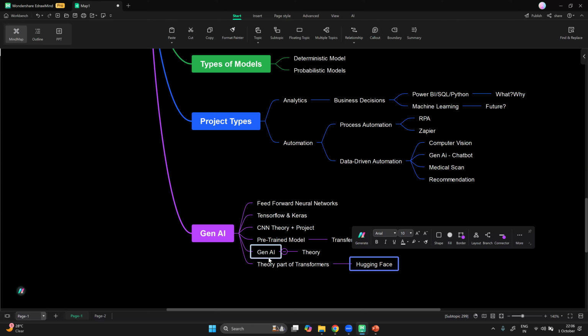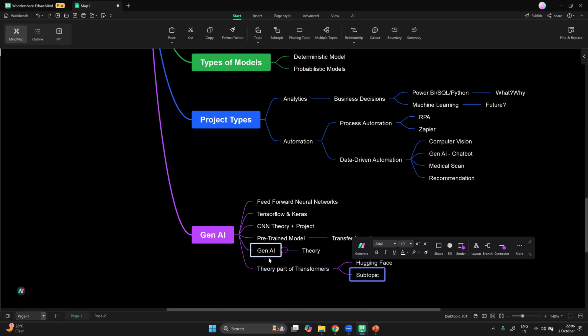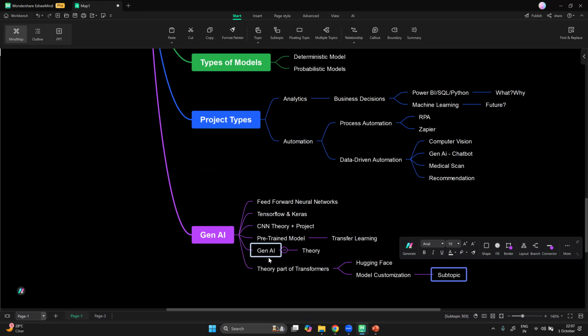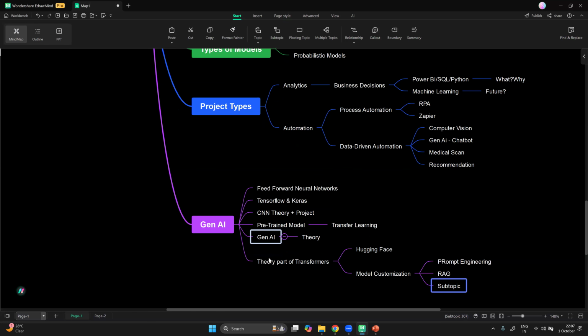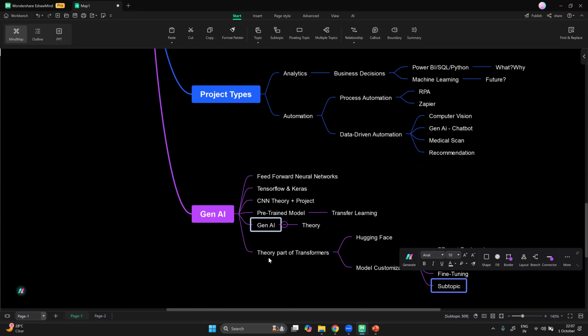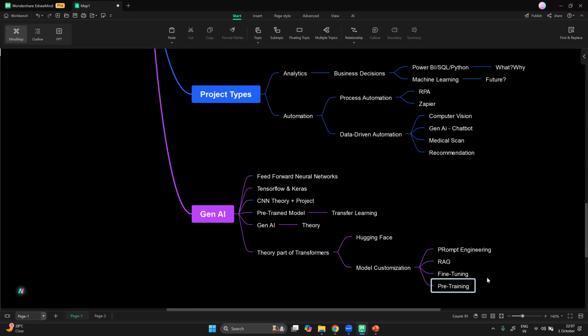Once I introduce Hugging Face, I help them learn how to use these models, how to perform fine tuning of these models, and the different ways of model improvement, or model customization. Examples are prompt engineering, RAG, fine tuning, and then pre-training. At these stages, we work on the coding part of fine tuning and the coding part of pre-training. Once people are able to grasp it and understand it,